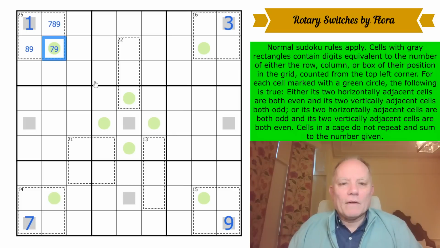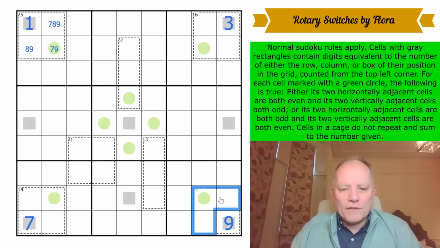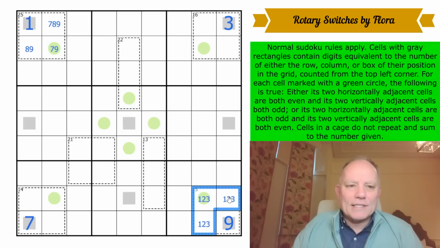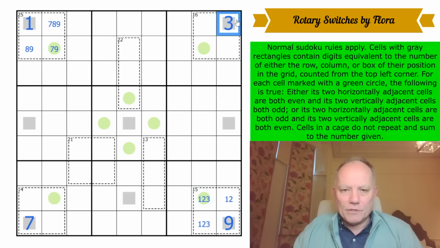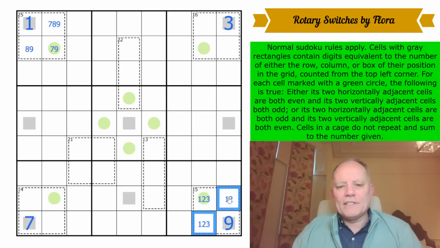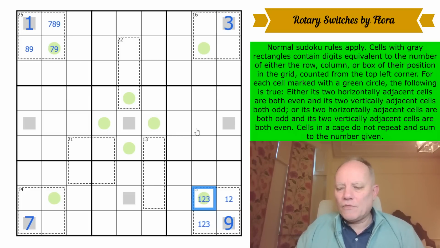That must be right. Okay, just checking my logic there. This is a 15 cage, so it's exactly equivalent. 1, 2, 3 there. That one can't be a 3 by virtue of the 3 we've put in. This one is seeing 1 odd and 1 even digit there, which must include the 2, so that is not